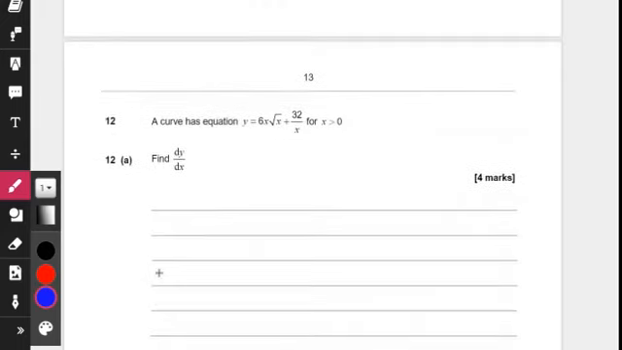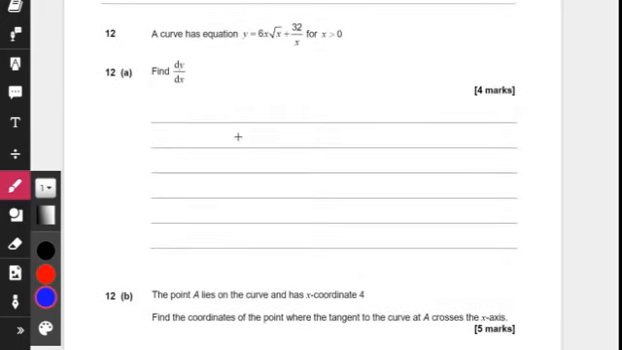It's all good. Cool. Okay, a curve has equation y equals 6x root x plus 32 over x. Find dy/dx. So first of all, we need to rewrite this. So y equals 6x to the power of 3 over 2, because this is x and the other one is x to the power of a half. When you multiply them, you add the powers, it becomes 6x to the 3 over 2 plus 32x to the